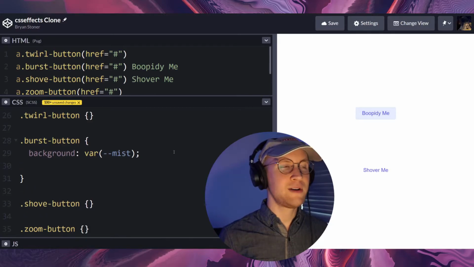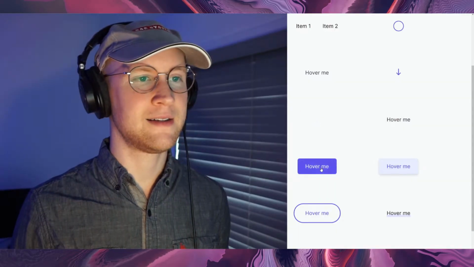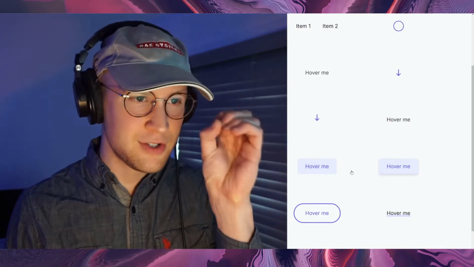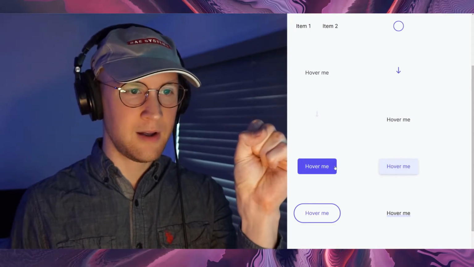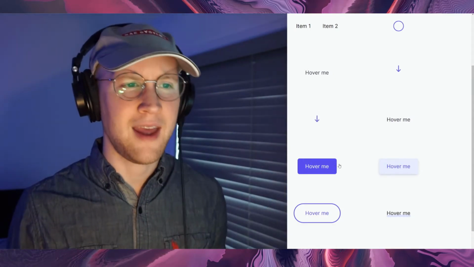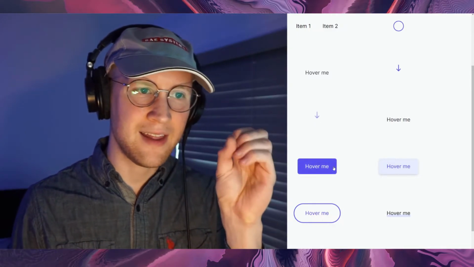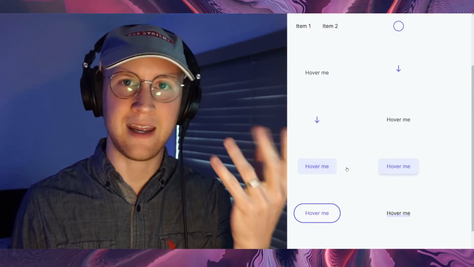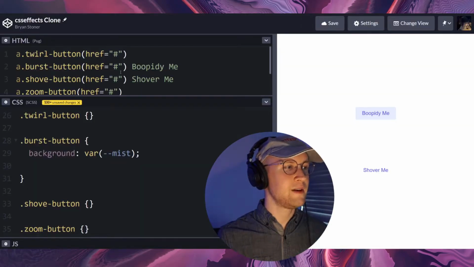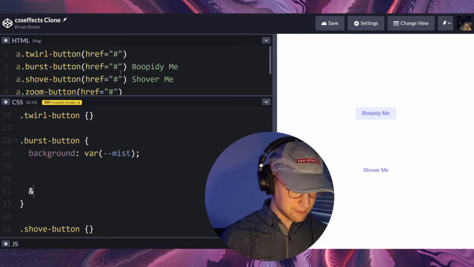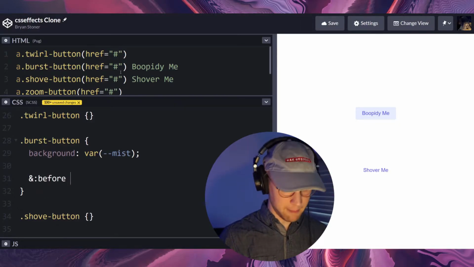That's the point. I want to create a circle, because if you look at the CSS effect, there's a circle there. And it starts from scale 0 to scale 1. And not only that, if you look closely, it's not just scaling that size, it's also fading that circle from 0 to 1. So there's a few ways we can do that. If we use a before,